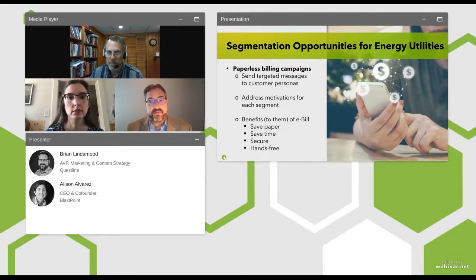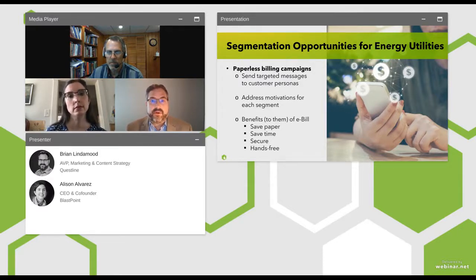Some customers want to go paperless because they want to save trees. Others are motivated by convenience and just want to save time. When you identify those motivations, when you create those segments and then send messages to each group of customers that speak to those motivations, you can increase conversion rates by sending those relevant messages.